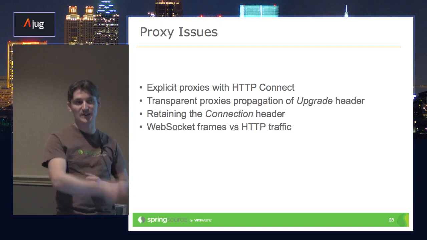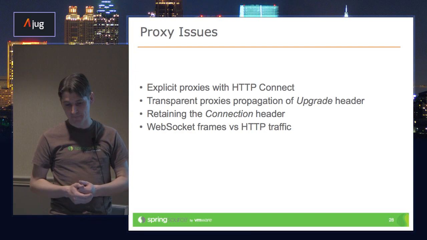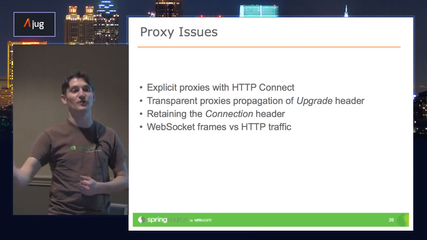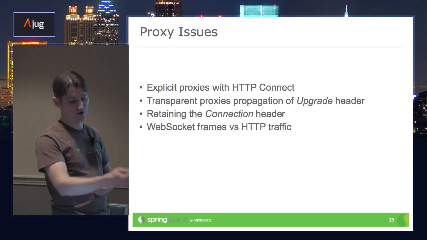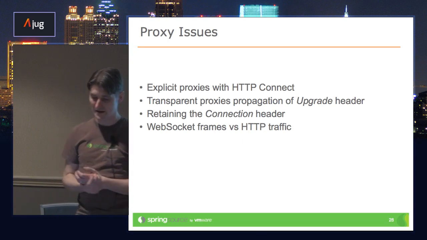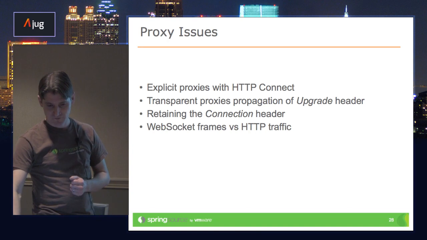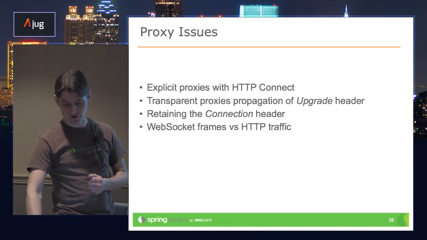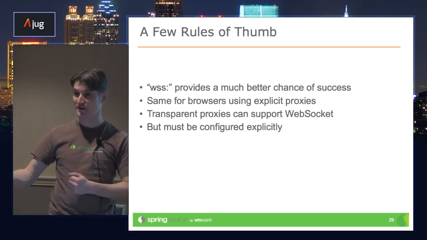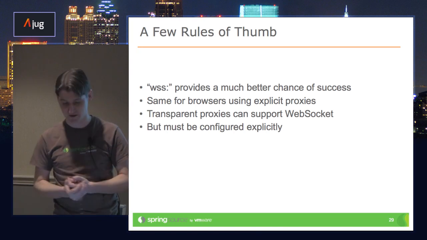For example, when you establish the connection of a WebSocket, you need to retain the connection header. Also, proxy servers may try to inspect the data you're transmitting, and since WebSocket traffic doesn't really look like HTTP traffic, that becomes an issue. Some of the older versions also had security implications, because apparently there are so many faulty and buggy proxy servers out there, so that's something to consider.